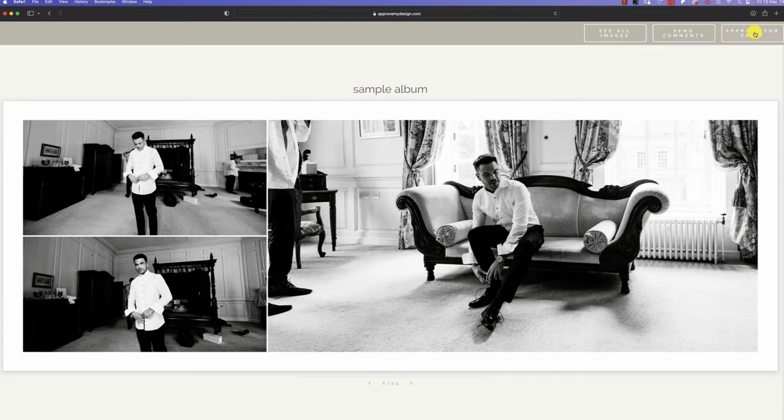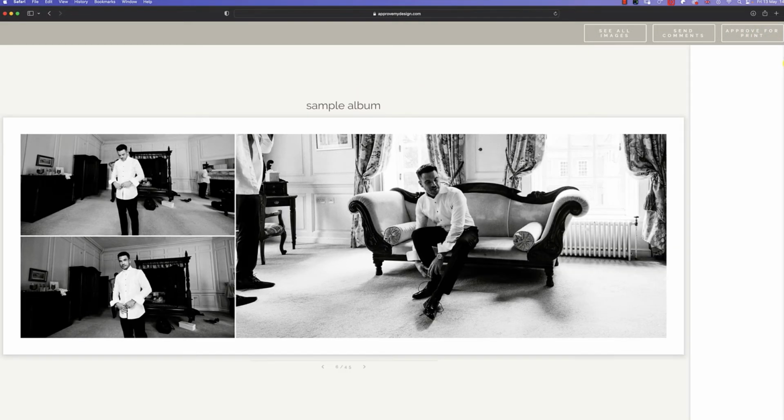If a client would like to make comments, they simply select this icon here, and that opens up a window on the right hand side. All they now need to do is click where they would like to make a comment, and they can drag this box to be as big or as small as they like. So they can literally in here write